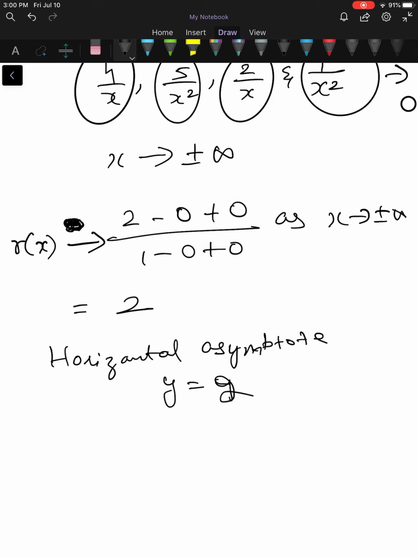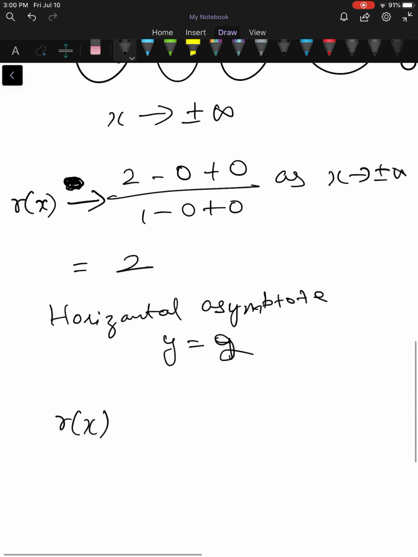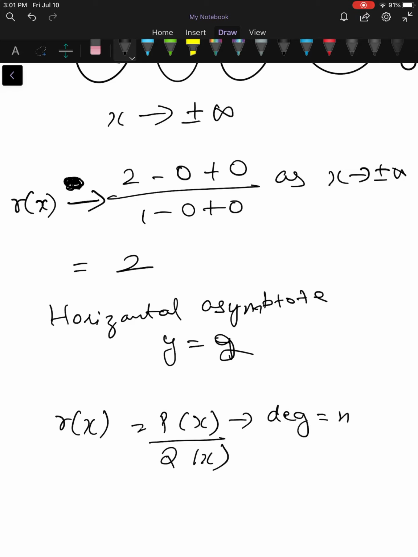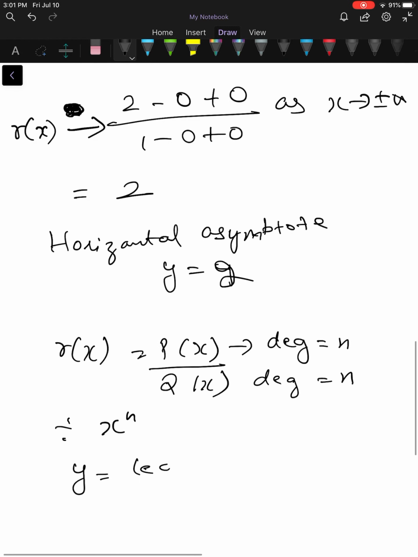And after dividing, we divided it by x square. After dividing through by x square, all other terms were approaching 0. So in general, if you are given r of x equal to p of x divided by q of x, and the degrees of p and q are the same, so it should have degree equal to n, and this degree also should be equal to n, then dividing both numerator and denominator by x power n shows that the horizontal asymptote y is nothing but leading